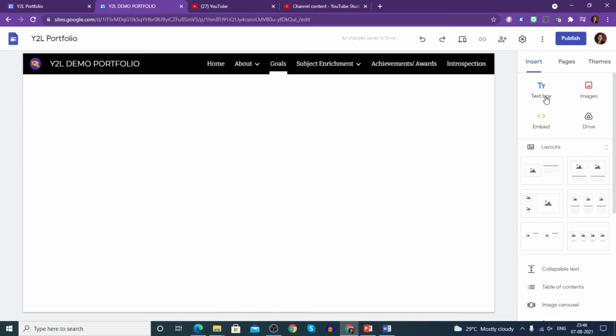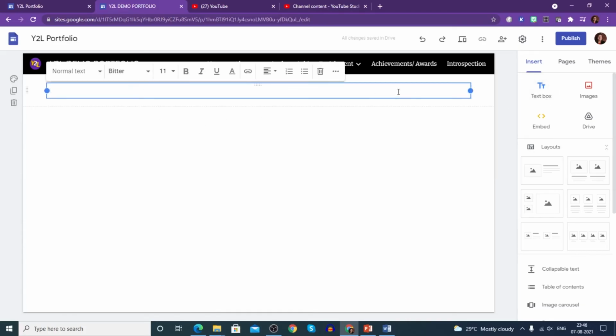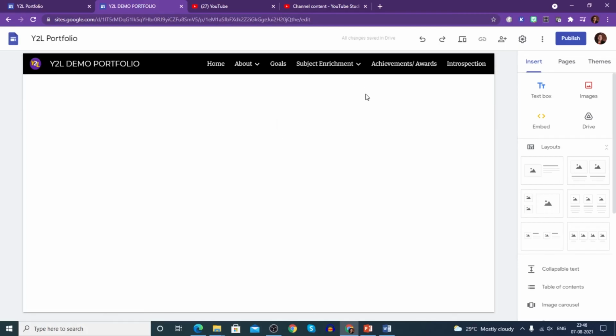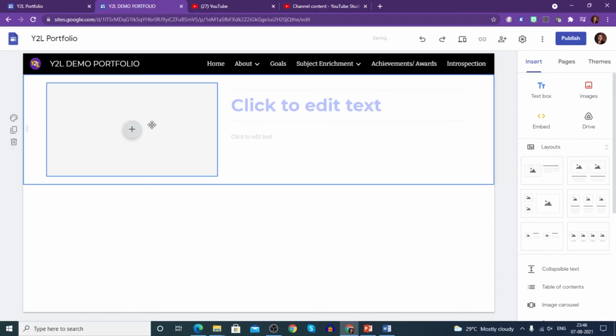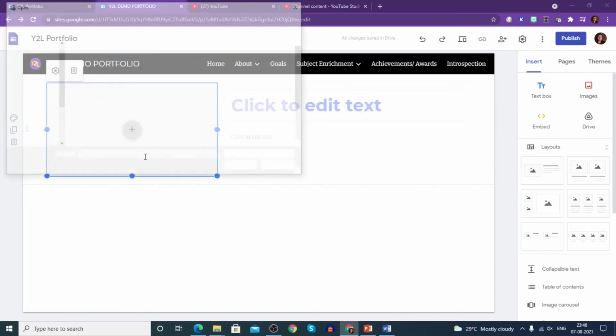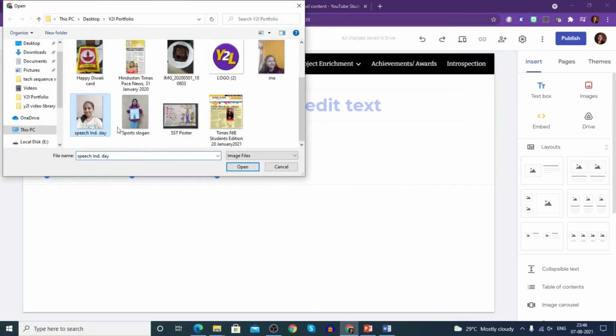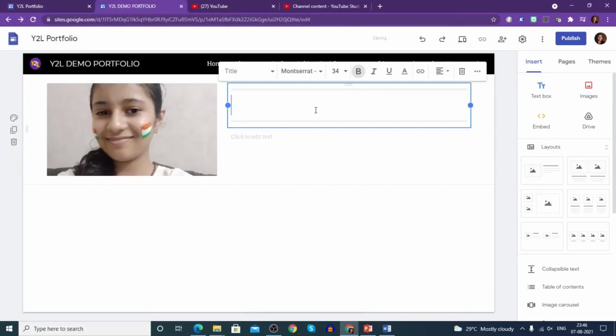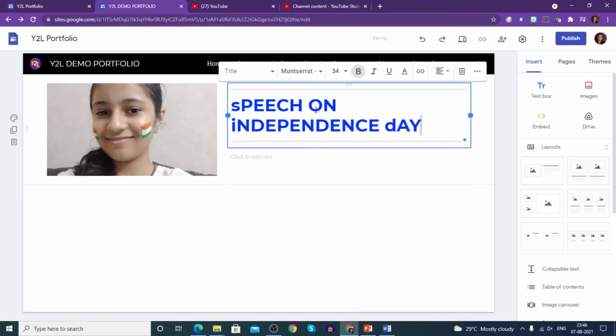Coming to goals, again take one text box and mention your goals here, short term, long term, howsoever you want. I'm just putting XXX here. Next one, subject enrichment, again English. Say you had done something here, again you want to put an evidence. So picture I'm suggesting because it is evidence based. I'm using this. Now what is this? I use it, say I gave a speech on Independence Day.